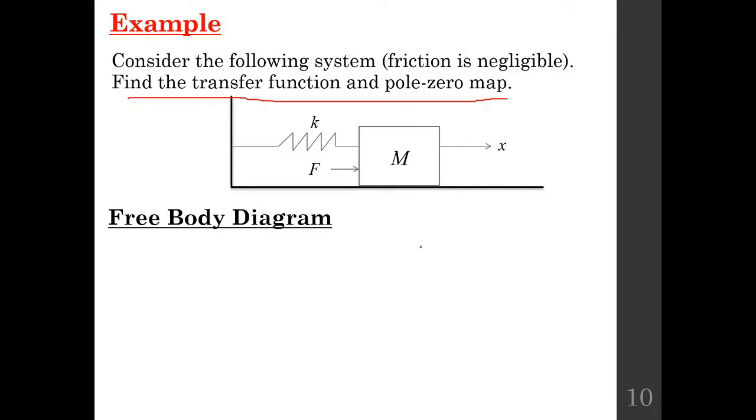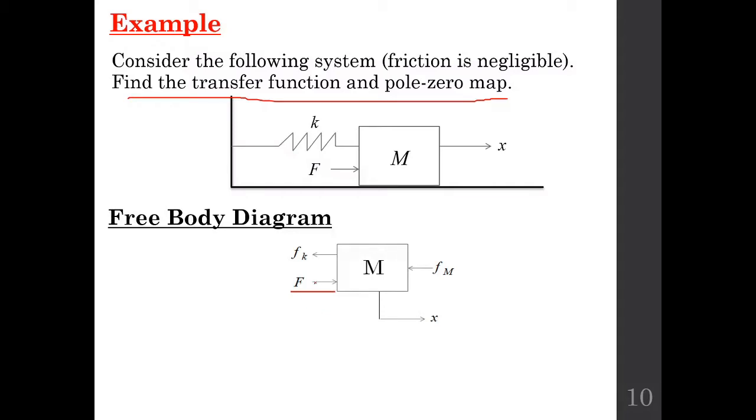Whenever you are dealing with translational mechanical systems, the first thing is to draw the free body diagram. How do we draw that free body diagram? It is very simple. First of all, you will just draw the body of mass m here, then you will mark down in which direction it is moving. Now, the displacement of this body is in this direction and the applied force is in this direction.